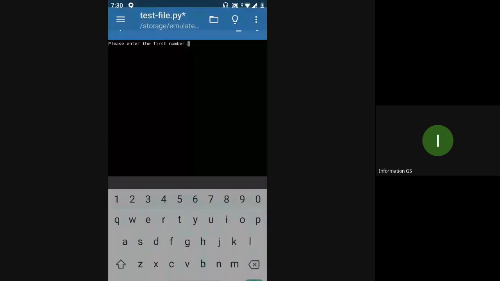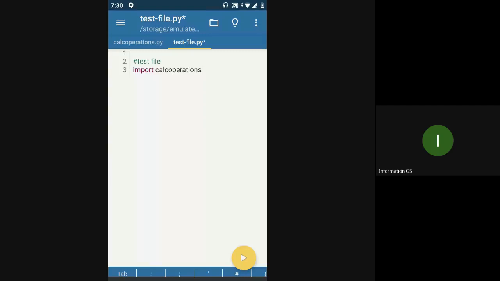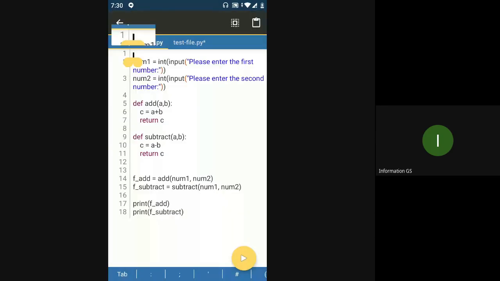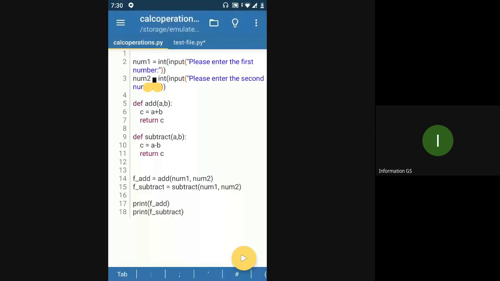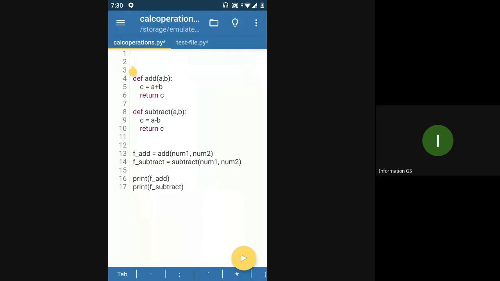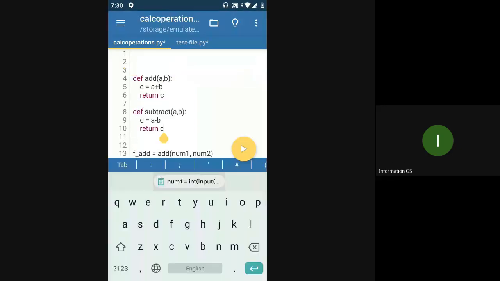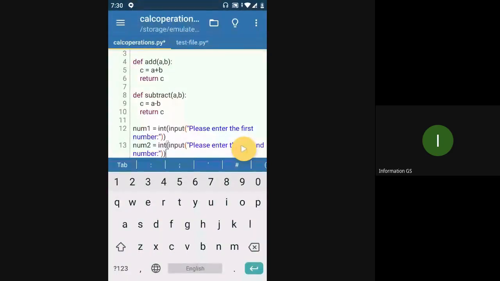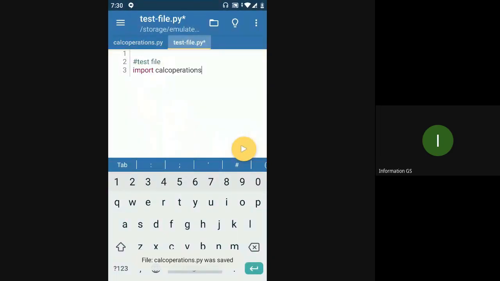Right, so it asks for number. This is the expected behavior. Let me just copy paste this, save this and now execute. Okay, it asked me for number 5. Cool, we'll deal with that later on.